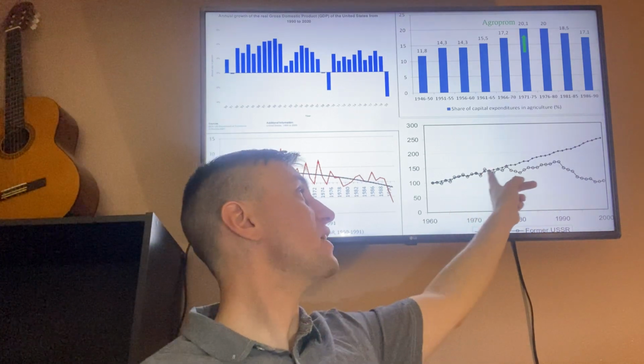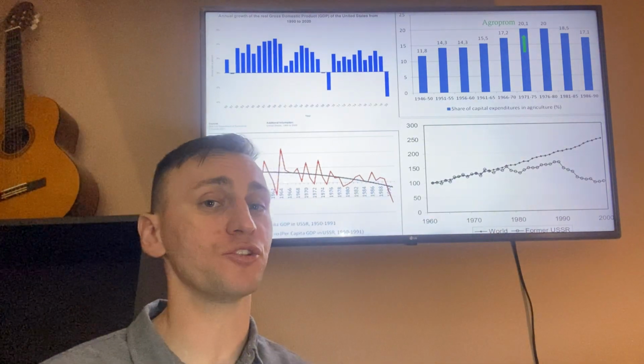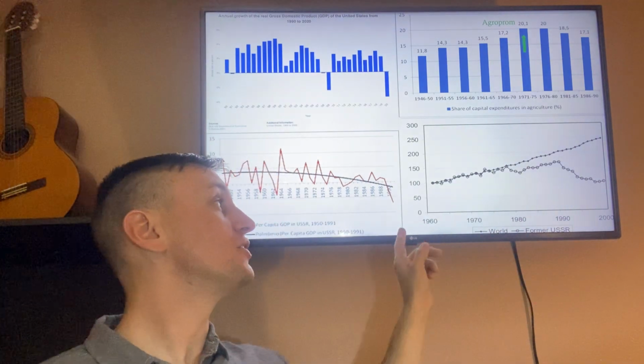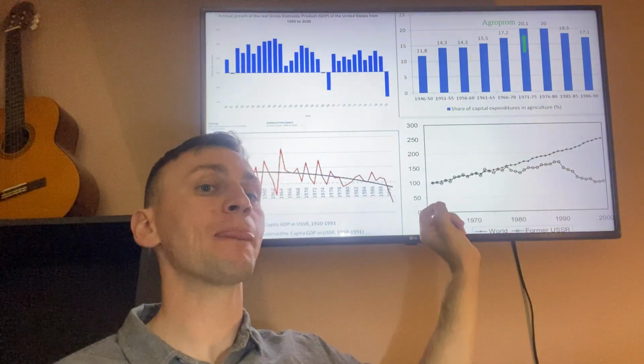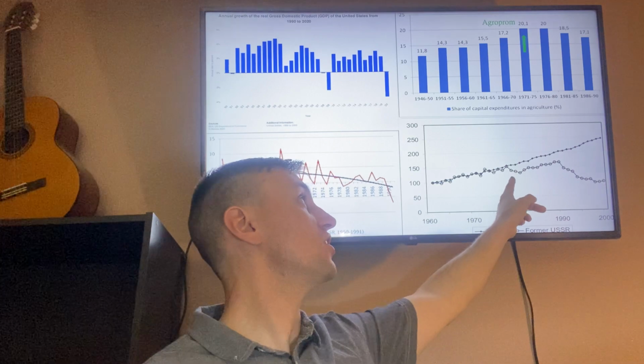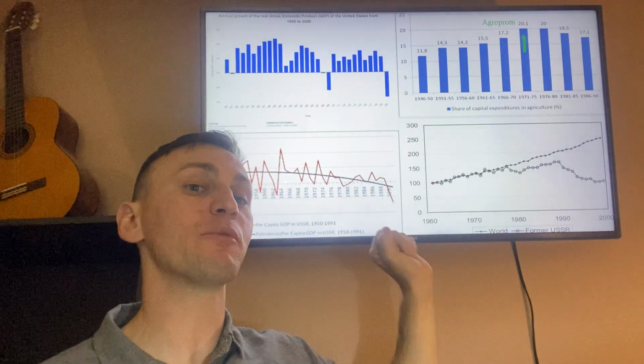And when we follow this trend line, this diamond pattern line here, that is the rest of the world's agricultural productivity. But the USSR fell off a little bit of a cliff. Now, 1984 was a drought, but you can see that the gap started long before that. And if he started the agroprom because he believed that people were hoarding grains and we weren't producing enough,